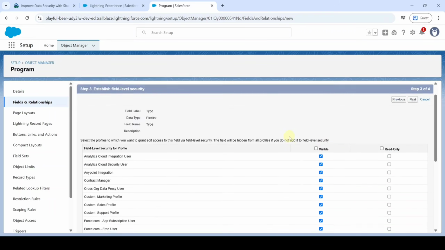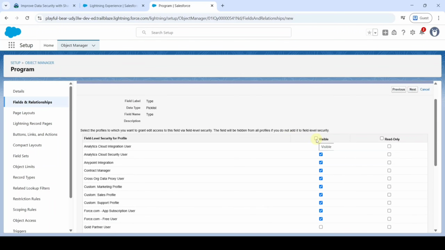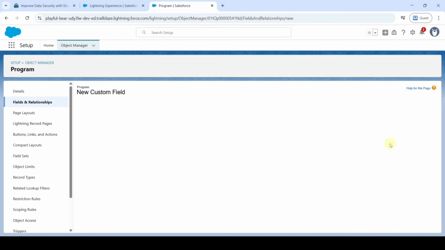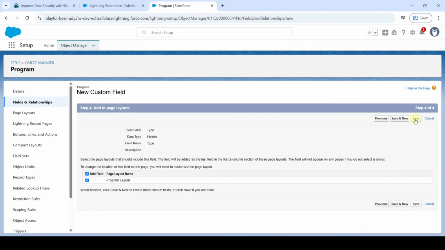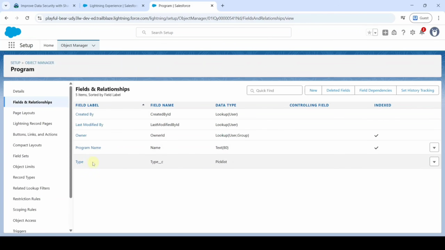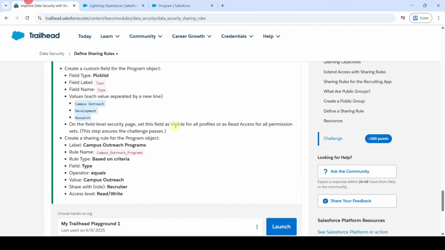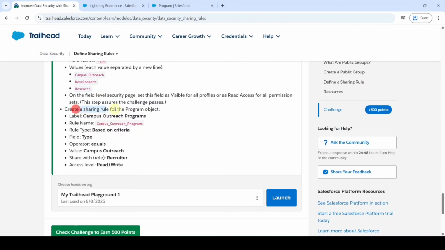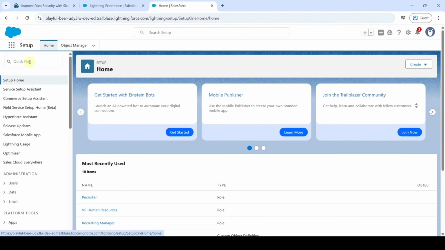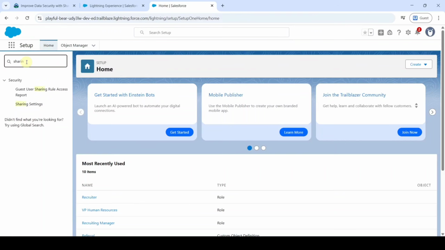And from this field level security, select the checkbox near to this visible and click on next. Just click on this save button. So the type field is created successfully and then we need to create the sharing rule for this program object. For that, in the setup page, move to this home page and in this quick find search for sharing rules, that is sharing settings. Click on that sharing settings